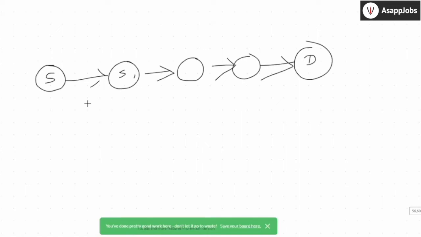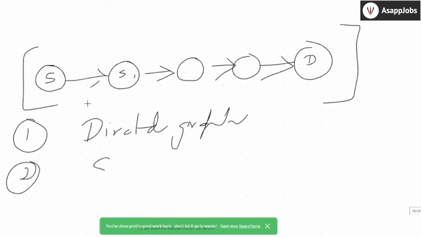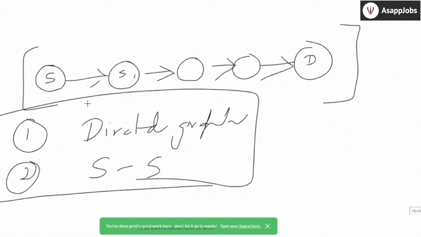Now these kinds of problems are a specific set of problems, but by the way, they are more prominent. Most of the questions you will see are based on either this or Dijkstra. It has two properties. First, it's always a directed graph. Second thing is it's a single source, single destination problem. If these two parameters are there, you might not want to use Dijkstra, because in Dijkstra, your complexity is order of V square, you can say.